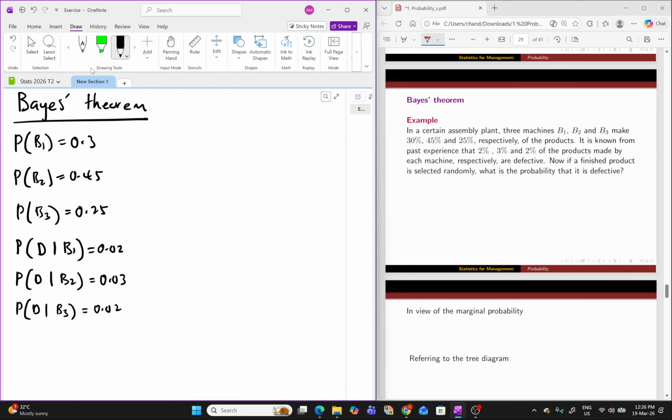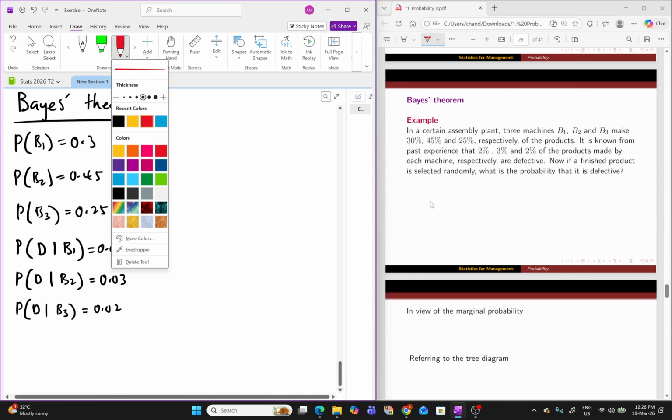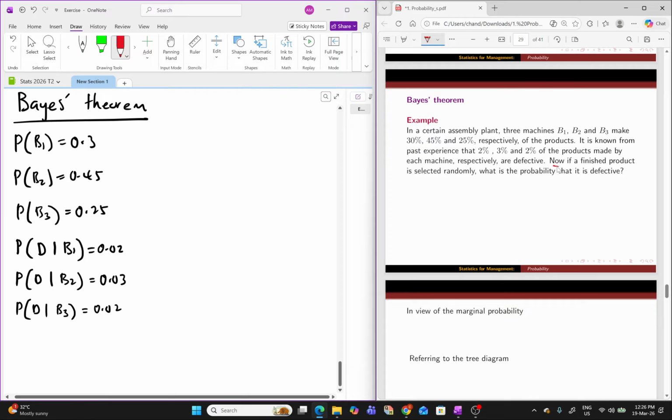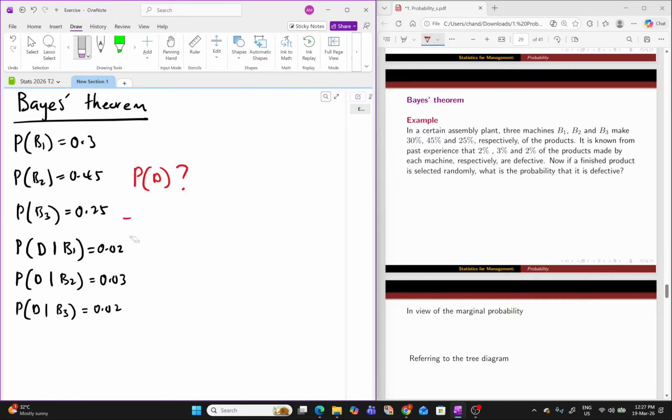What is the question here? The question is: if a finished product is selected at random, what is the probability that it is defective? Basically they are asking for P(D), the single probability or marginal probability. As I mentioned in the class earlier, for us to find P(D),